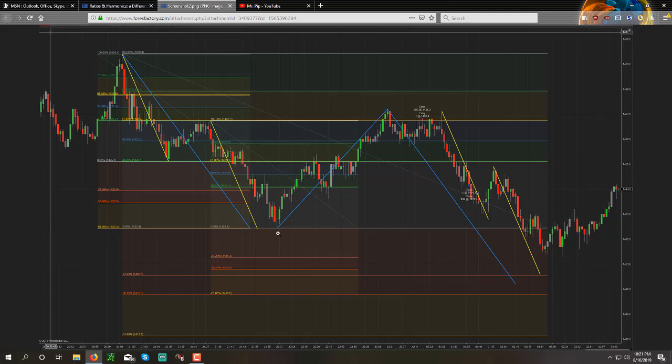But playing devil's advocate, if it was, yes, you do have a 1-to-1 to the downside, and AB equals CD. You do have a good order flow there. You do have a failure on that order flow if this is a proper correction, but that doesn't mean you can't get long here. You definitely wouldn't get short here. You definitely could get long here, and then there are technical reasons all over the place to look for short up here. Plus, the market may be working towards something on a larger scale, because it's showing you that it's had a proper correction off of a larger clear high and clear low.